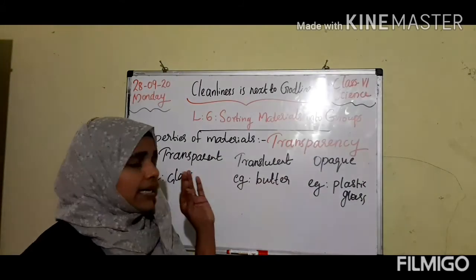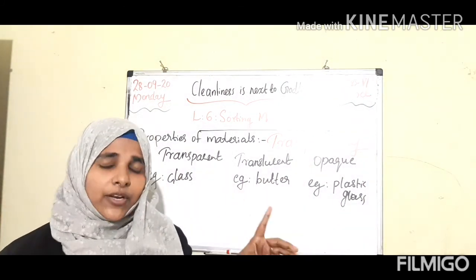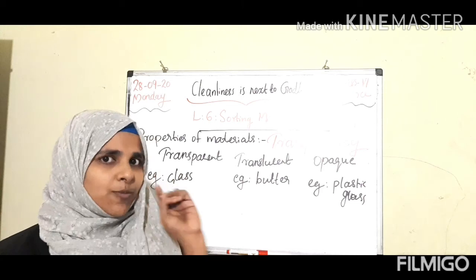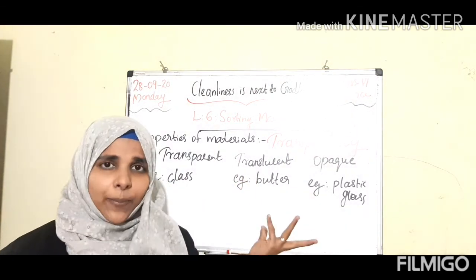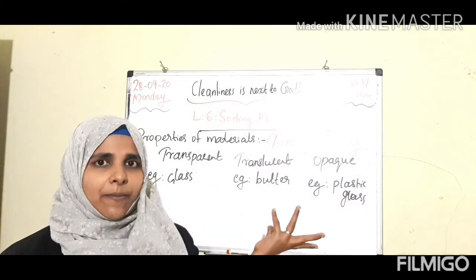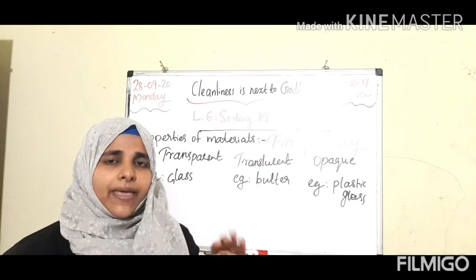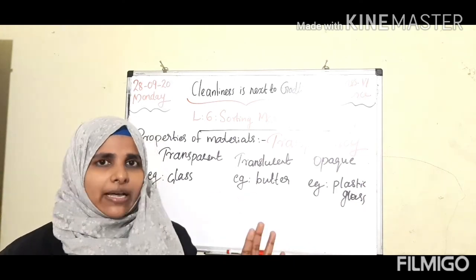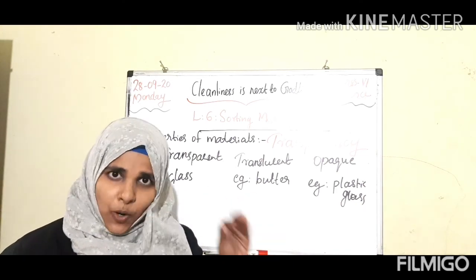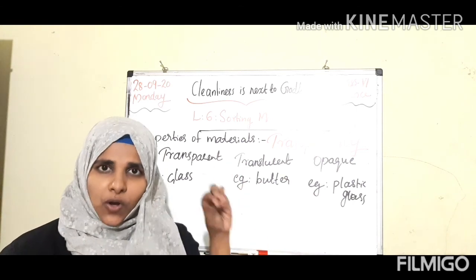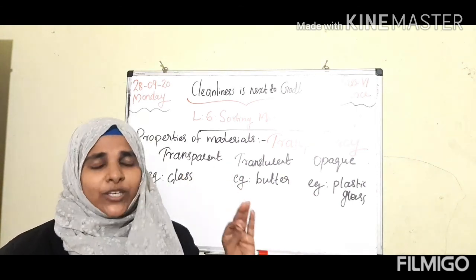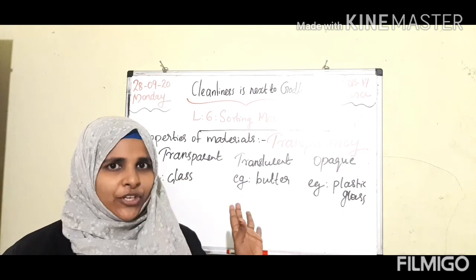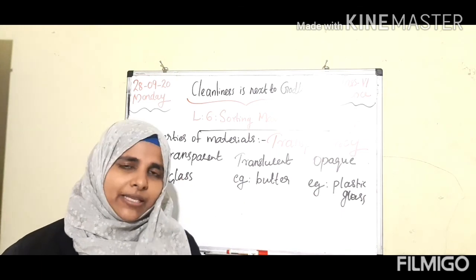So all of you should read the chapter 3 times and all should do one experiment. Out of these properties, you can select any experiment and you should do it at home and upload it in the Google Classroom. Clear, all of you? Any property you have to do from your home and upload it in the Google Classroom, a small video. Clear, all of you? So we can meet in our next class.